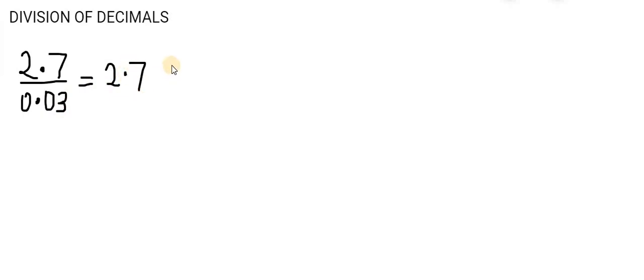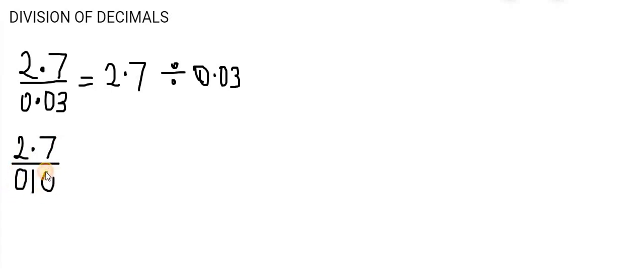Now, you have 2.7 over 0.03, or 2.7 divided by 0.03 means the same thing. Okay, I convert both of them to fractions, so the point below the line means a 1. Numbers either side of the point represent a 0 below the line, and then I go on to drop the point, so that's 27 over 10,